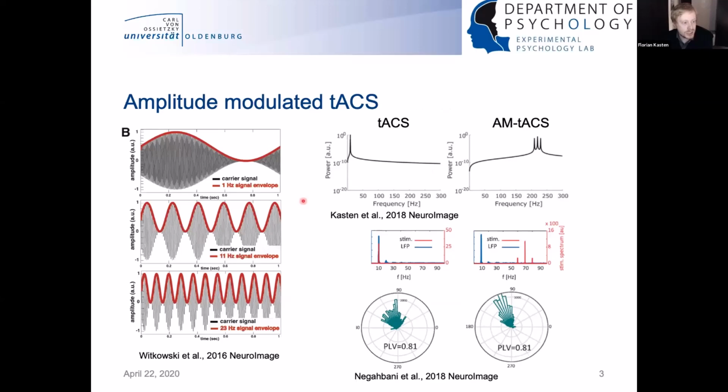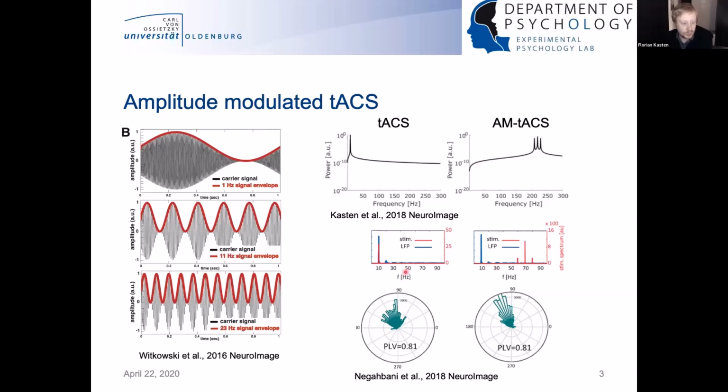It has been suggested some time ago that one solution to overcome the TACS artifact would actually be, instead of just stimulating with the sinusoid, to use a high frequency carrier signal and modulate that in amplitude with the frequency that you want to target. If you look at the spectrum of such signals, that would shift the artifact into higher frequency regions and avoid artifacts in these lower frequencies, so that we avoid the overlap between the artifact and the brain signal we're interested